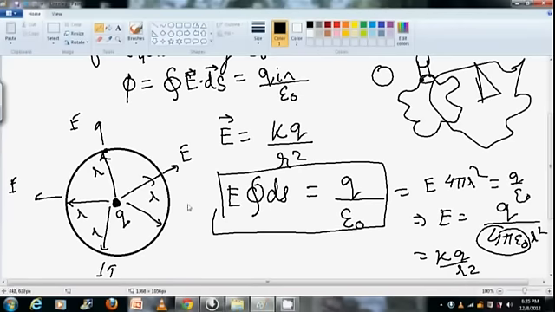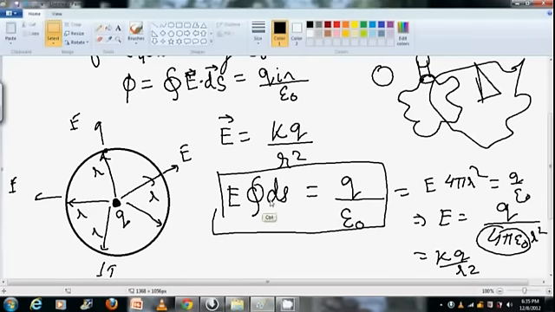But Gauss law is much more powerful if we use symmetry. Now you might not agree with me at this stage that Gauss law is more powerful if we use symmetry, because this was also a pretty easy derivation when we used Coulomb's law, since the case was simple, only one point charge. It is simple in Coulomb's law, and in Gauss law it is a symmetrical situation and simple too.